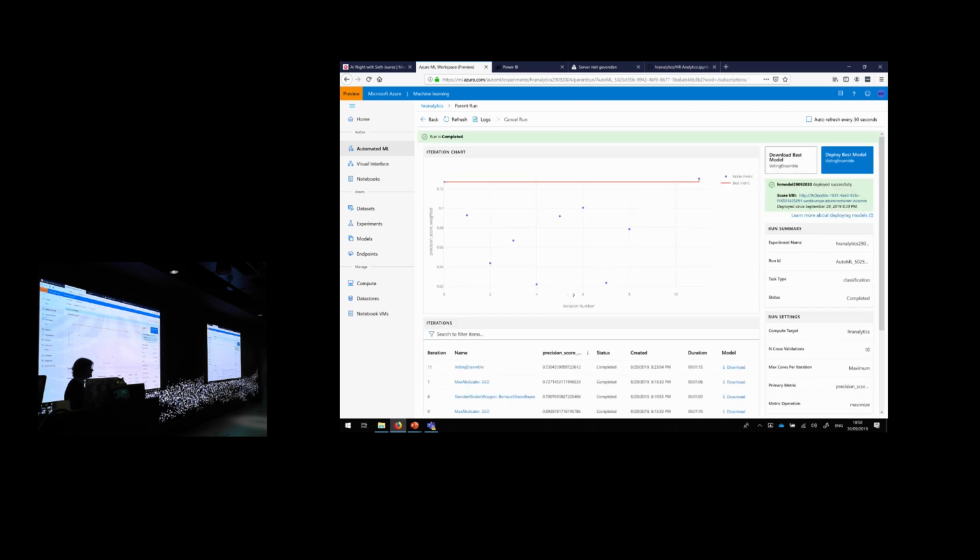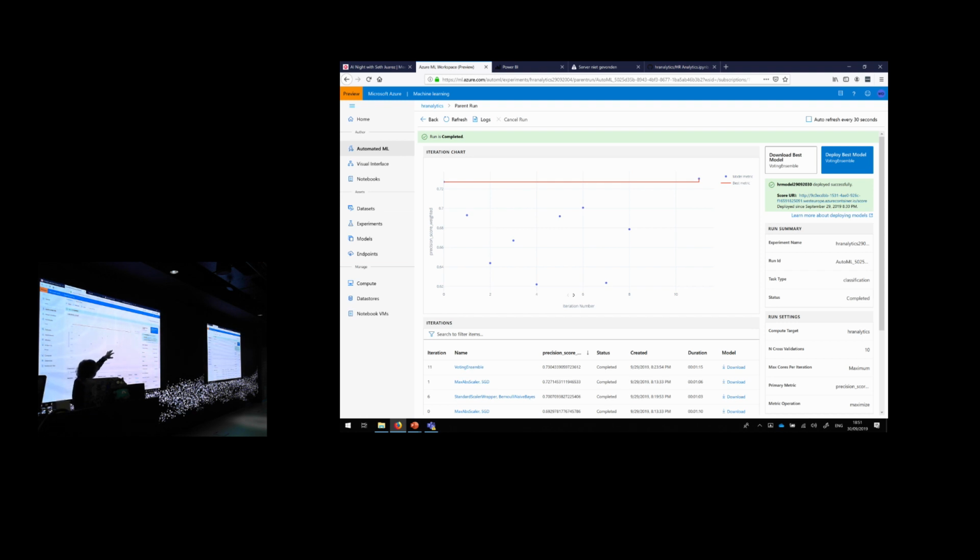The nice thing is what it does: it says, all right, just use a set of algorithms based on the fact that we're in the classification space. You get all the cores and the time it runs, and it finds the optimum. So instead of looking for the optimum yourself, it's finding the optimum. And at the end, it comes up with the best score. It could be, for example, that the first run was actually quite okay, but the 11th iteration was the algorithm, or the model, that did the job.